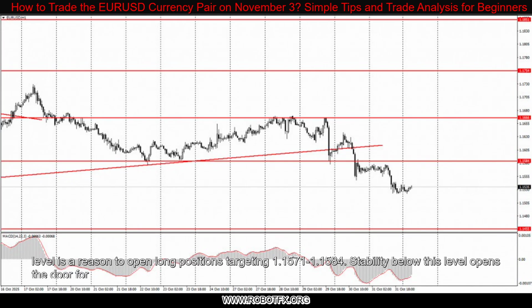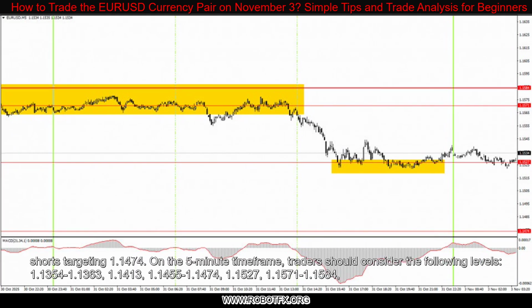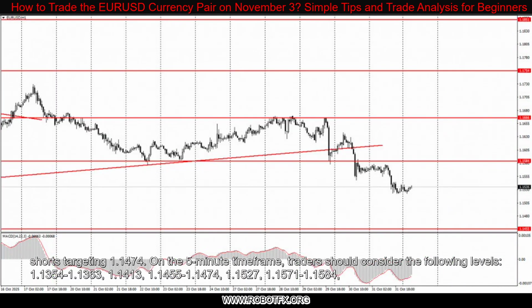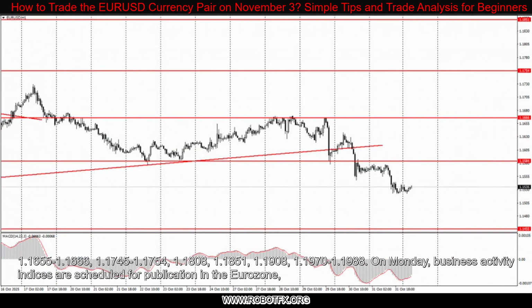A bounce from this level is a reason to open long positions targeting 1.1571-1.1584. Stability below this level opens the door for shorts targeting 1.1474. On the 5-minute time frame, traders should consider the following levels: